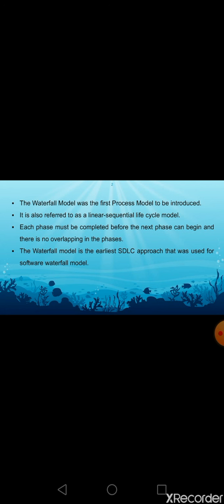The waterfall model is also known as the linear sequential model. What it means is the development process is usually unidirectional and flows steadily downwards through the different phases of software development. This downward flowing concept of software development gives the name of the waterfall model.